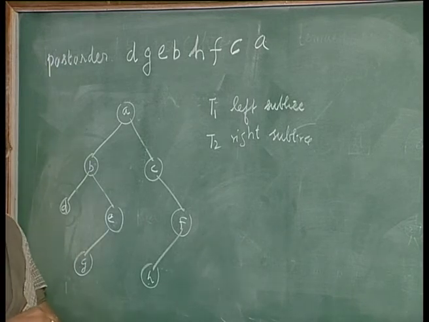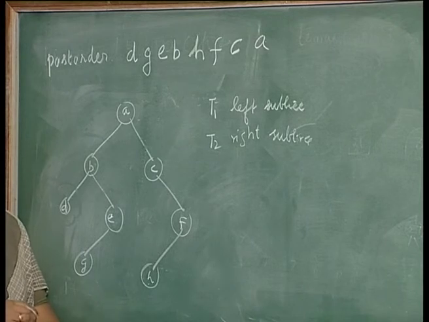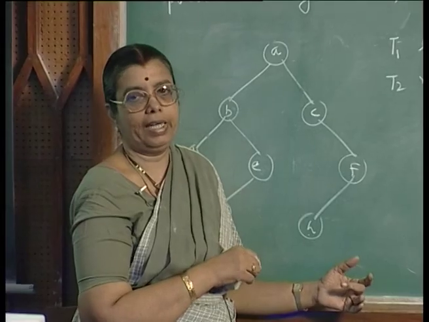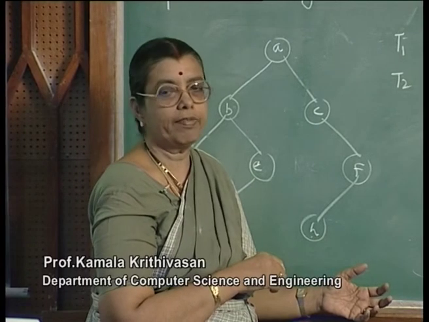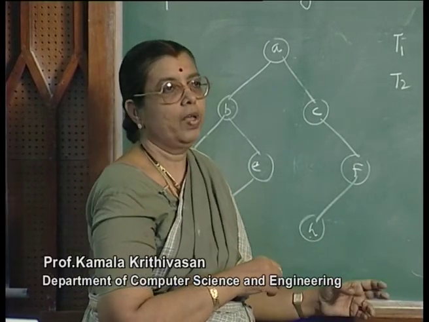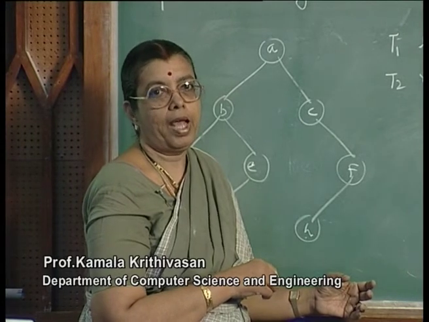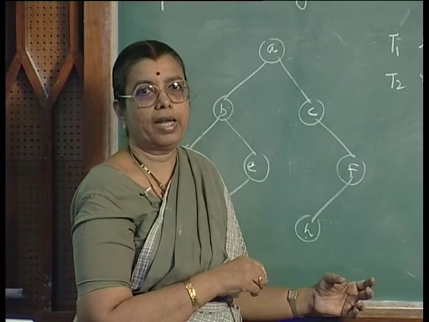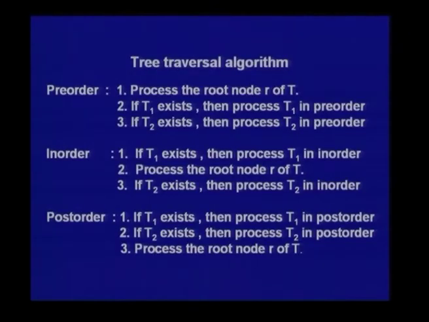So, for binary trees, you talk about these three methods of traversal: in order, pre-order and post order. Now, if you have the sequence of nodes visited in an in order method and a pre-order method, from these sequences you can construct the tree. Similarly, if you have the sequences corresponding to in order and post order, you can construct the tree in a unique manner. But if you have the sequence corresponding to pre-order and post order, you cannot construct the tree in a unique manner. For example, I have 4 nodes like this, say